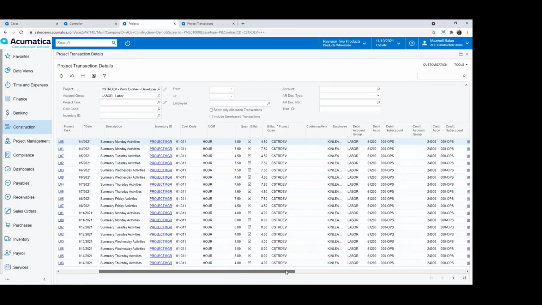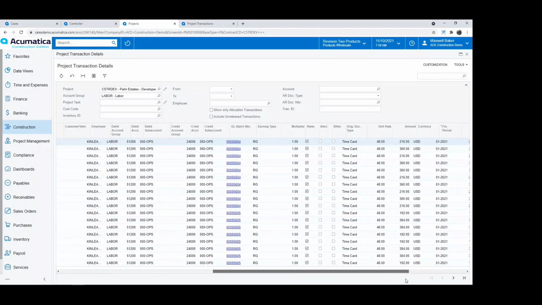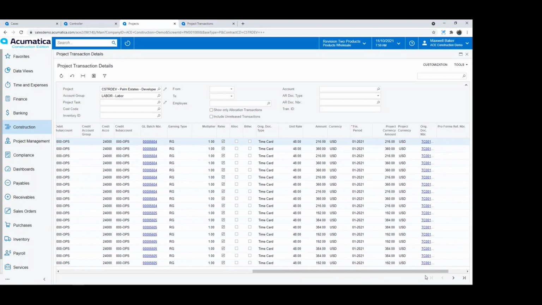And as I scroll to the right, I've got more information. I can get to the GL batch number if I need to through that hyperlink. And then I've got a link to the actual time cards themselves. So the unit rates, the amounts, the financial period it's associated with. And if I want to drill down and understand a little bit further, like I want to see that time